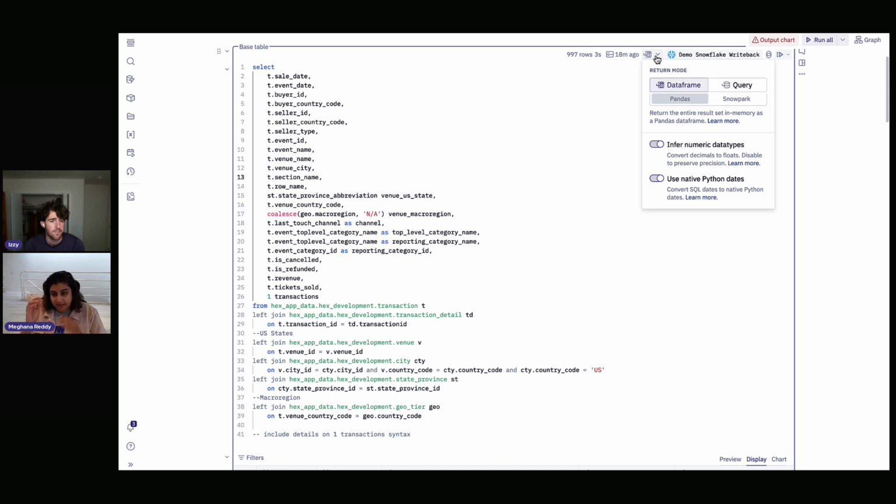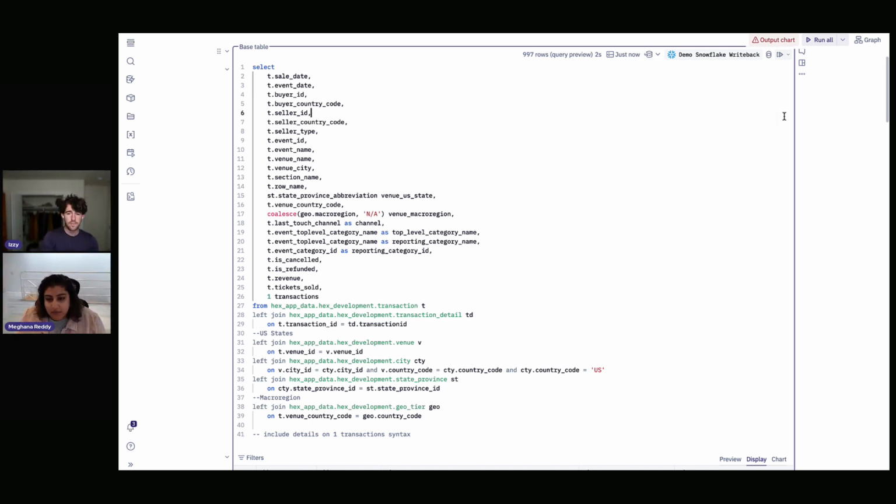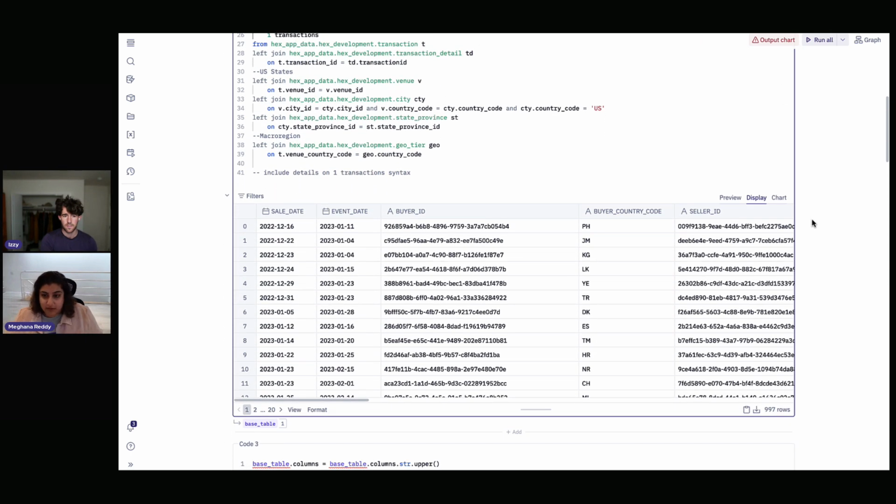So what we're saying to that Hex app is, for now, just think of this as a pass-through to Snowflake. At some point further down the line, we're going to filter it down and actually want to store that in memory. So that I think was a really key feature, because until we did that toggle, there's no way this thing was going to run, because you're just trying to load.